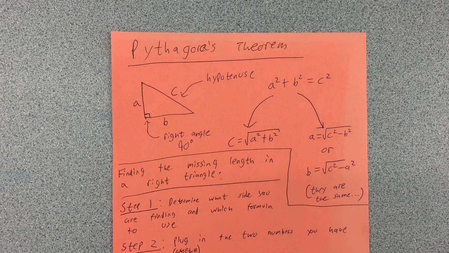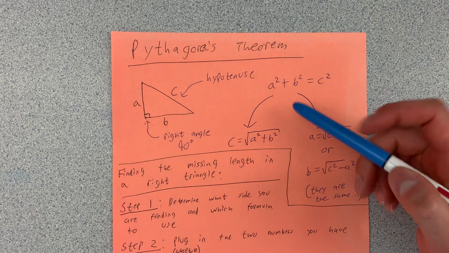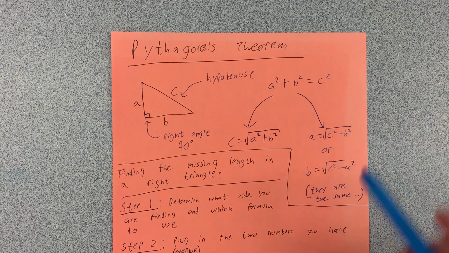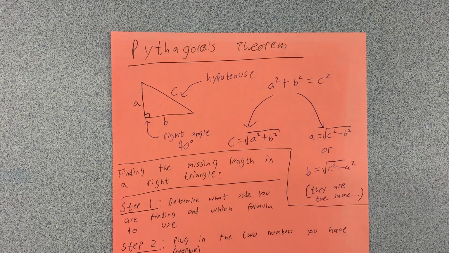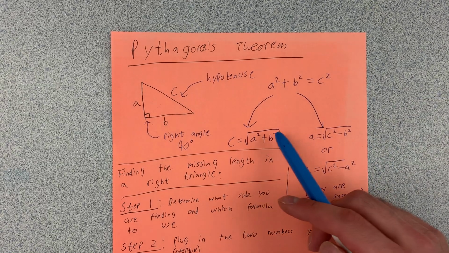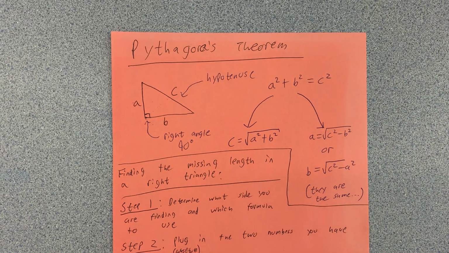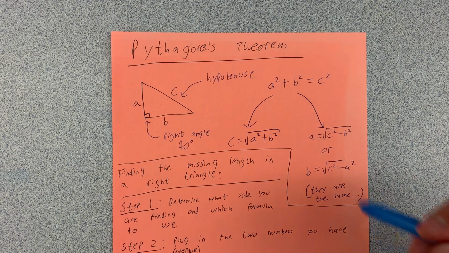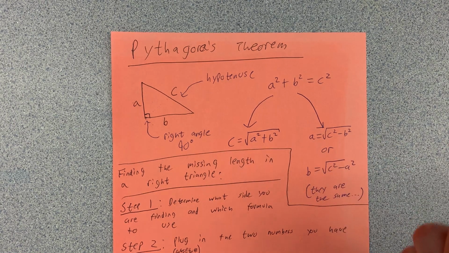So here's the formula. A squared plus B squared equals C squared. Now, that formula on its own doesn't really do too much for us. So we use a bit of math to re-scramble it. I'm not going to explain how I got these just to save a bit of time, but this is the important stuff here. So if you're trying to find the hypotenuse,